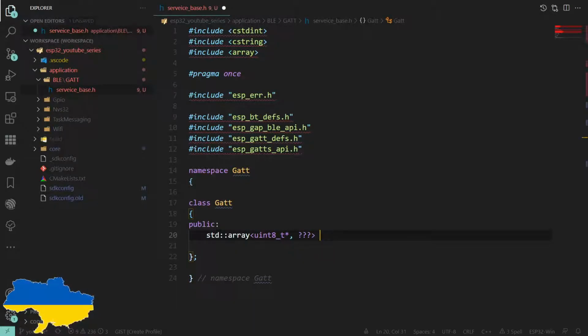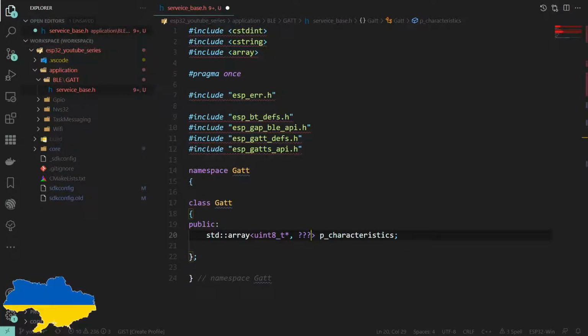Well, we don't know. Let's just put p characteristics here just so you can sort of see what's going on. Well, for a device information service we may have 8 different bits of information, for example. So device name, manufacturer name, firmware version, hardware version, serial number, and 3 more, largely irrelevant. But for the heart rate service we may only have 1 or 2 or 3.